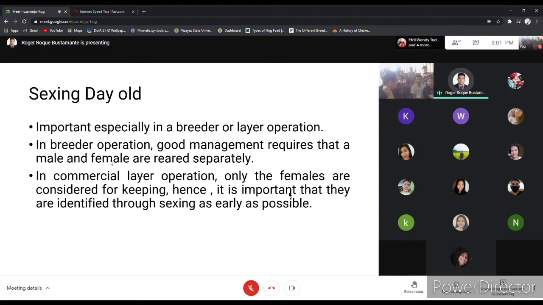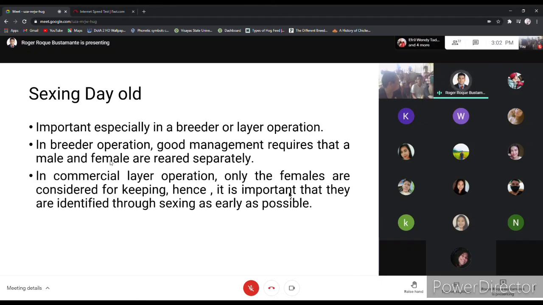The broiler production starts out from this so-called layer production. Layer or egg production came first compared to broiler operation, because in layer operation, the hens are the useful ones, so the males they consumed as a meat source, but